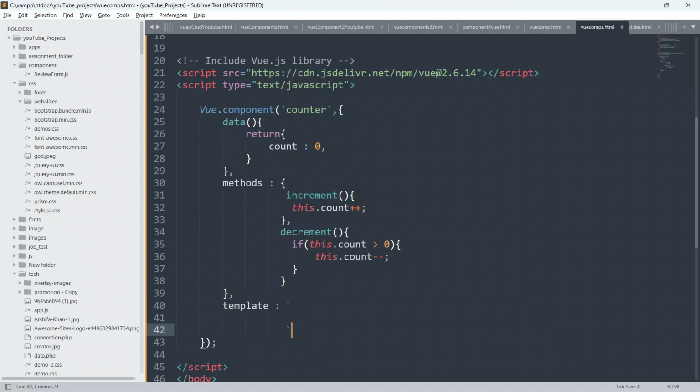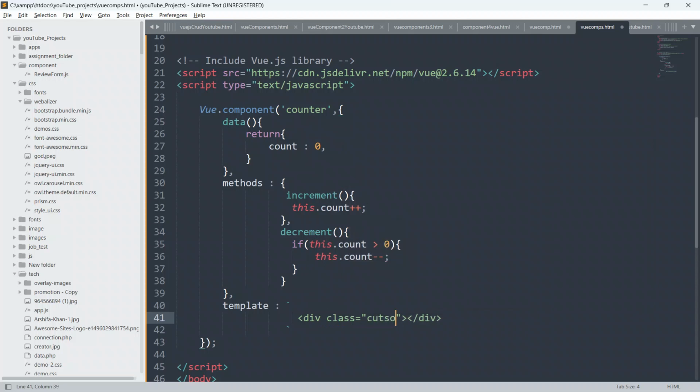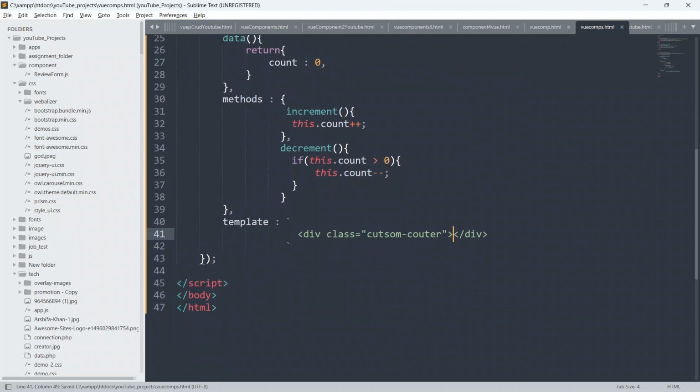So close this, and inside we will say div. So first create a div, close this div, and you can, guys, give class also inside this. So give class also as template, or give custom counter. Okay, and inside this div I'm gonna define our h1 element, h2 element also.